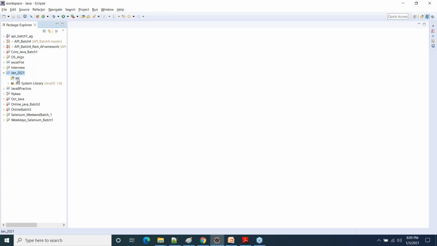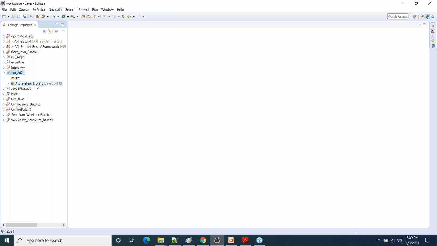So when you will be creating your project, like here, you will see two things. One is SRC folder. SRC means source code. So basically, whatever code you will be creating, whatever source code you will be creating, everything should be put inside this SRC folder. So whatever Java class you will create, Java file you will create, everything will be kept inside this SRC folder.